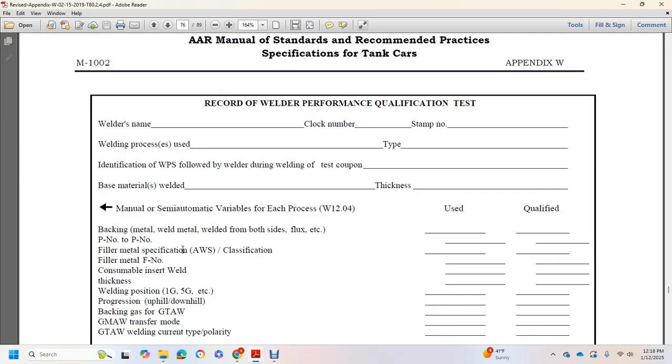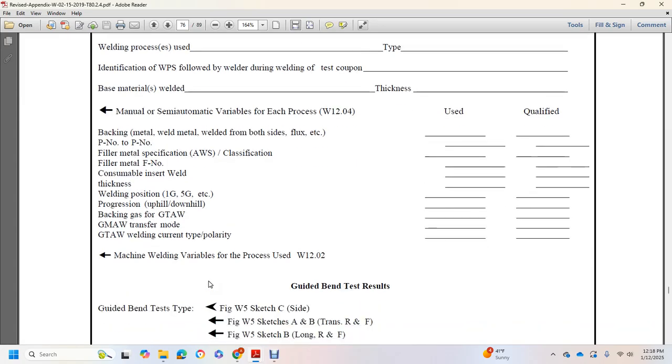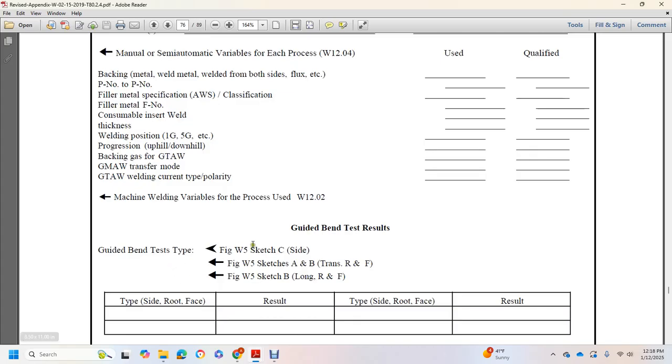Progression, uphill, downhill, back gas, gas tungsten arc welding, gas metal arc welding, transfer mode, current type, polarity, machine welding, variables of the process W1202. Guided bend test, figure W5: sketch C, side; sketch A and B, transition; R and F, sketch B, type of side, root and face, result; type of side, root and face,